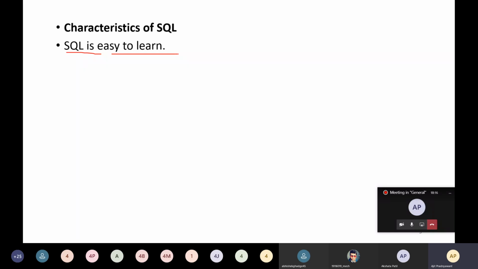We are going to use SQL in this unit to query over your database, and you have completed the basic understanding of the database, that is ER diagram, relational database, entities, relationships, cardinalities. These are all the basic things, and now we come to querying over the database, how to create the database and query over it. That's why we have introduced this unit. So SQL is easy to learn.